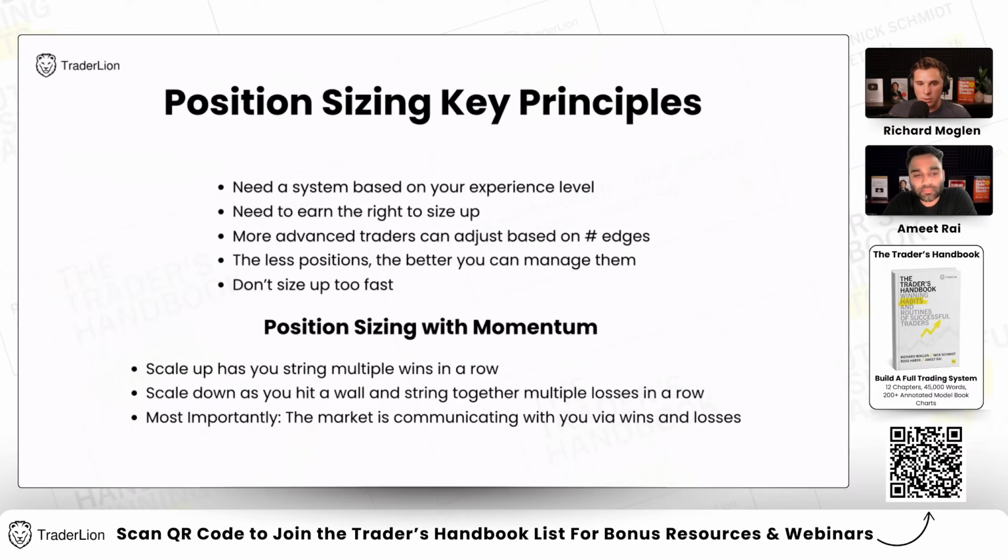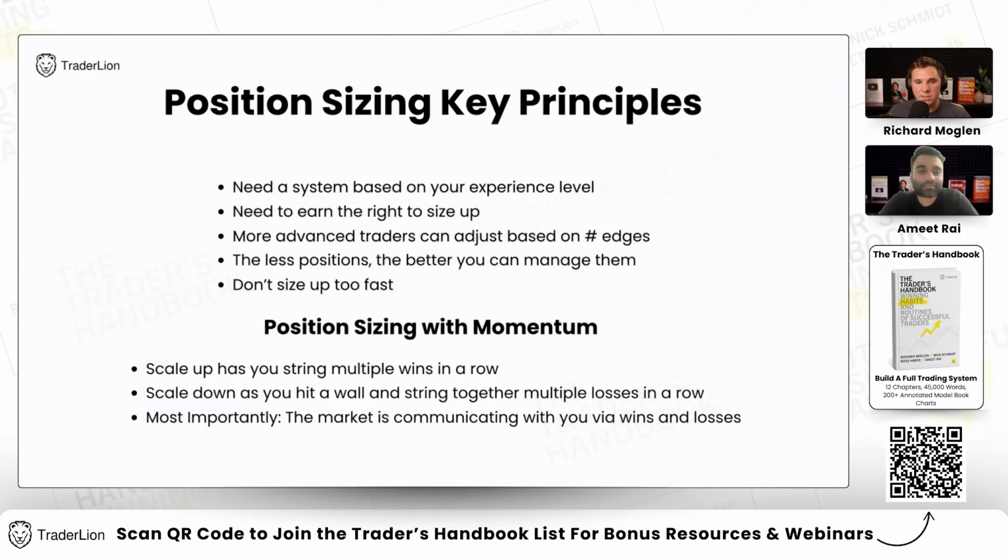So it might be counterintuitive that taking fewer positions is less risky, but the reason it's less risky is because you're still managing risk with stops and position sizes, but you can execute better on your plan on those names. And again, just want to emphasize, don't size up too fast. You've got to earn the right over multiple market cycles, where you basically prove to yourself that you manage the risk. You know how to handle gap downs. You know how to set initial stops in your sleep, all of that.